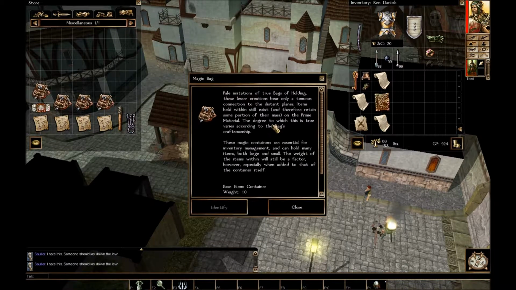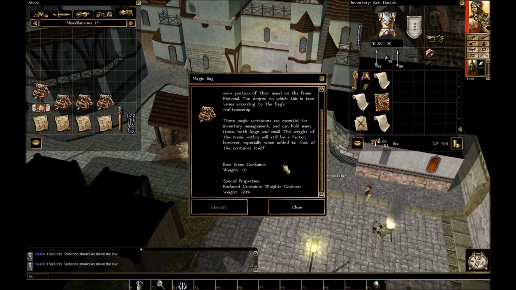Pale imitations of true bags of holding, these lesser creations bear only a tenuous connection to the distant planes. Items held within still exist, and therefore retain some portion of their mass, on the prime material. The degree to which this is true varies according to the bag's craftsmanship. These magic containers are essential for inventory management and can hold many items, both large and small. The weight of the items within will still be a factor, however, especially when added to that of the container